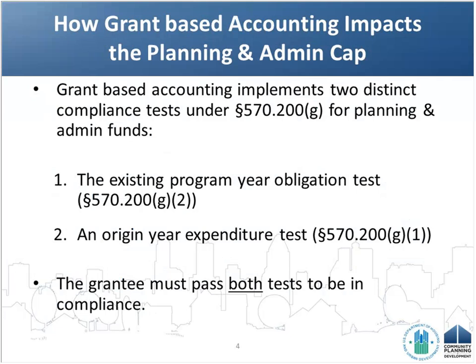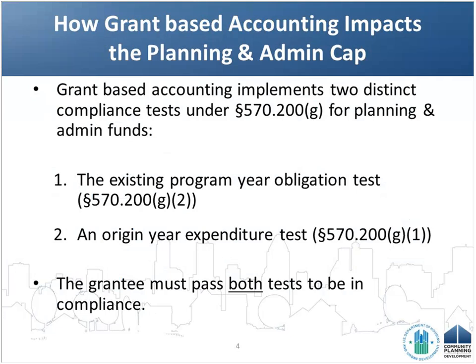So the grant-based accounting implemented two distinct admin and planning tests. The first one is the existing one we call the Program Year Obligation Test. That is described at 24 CFR